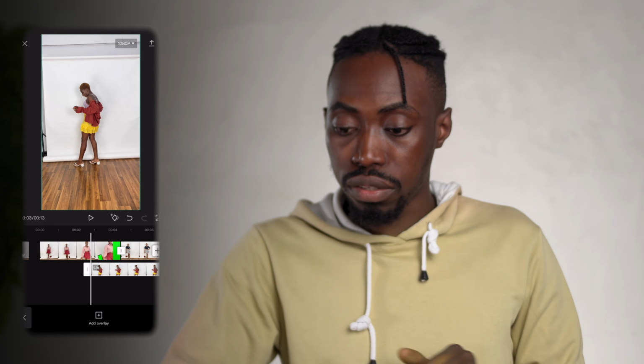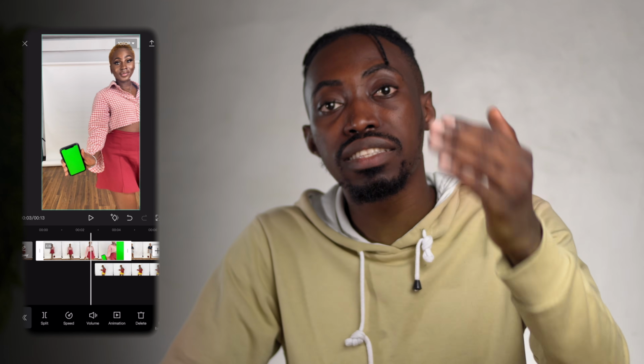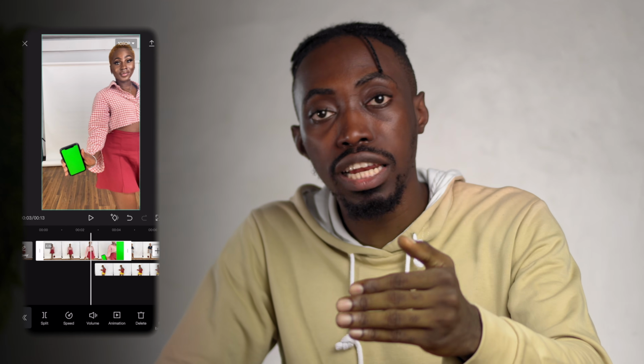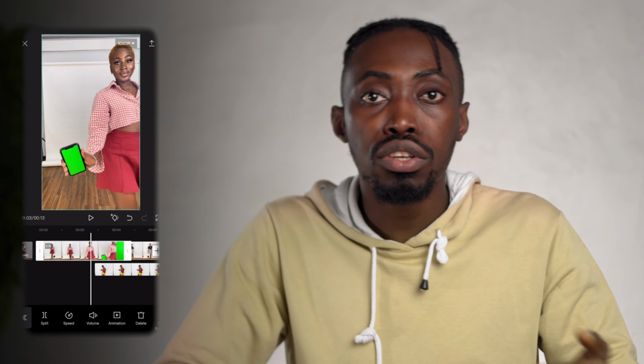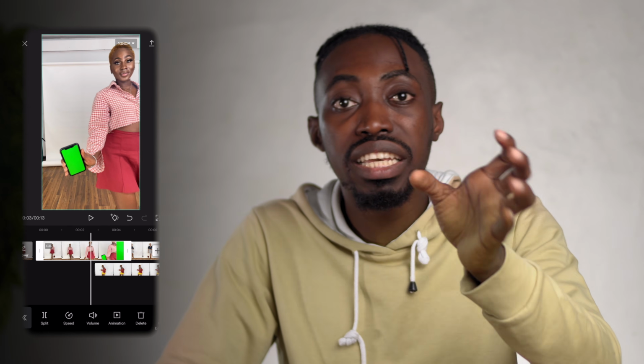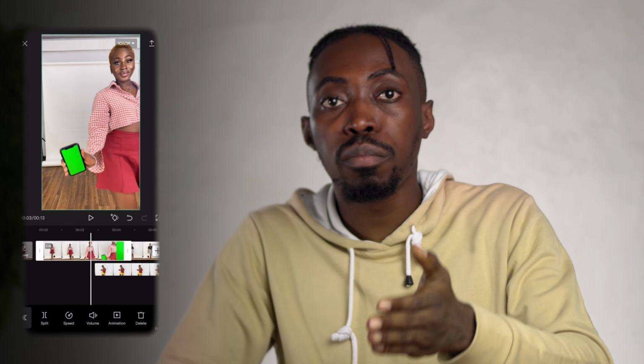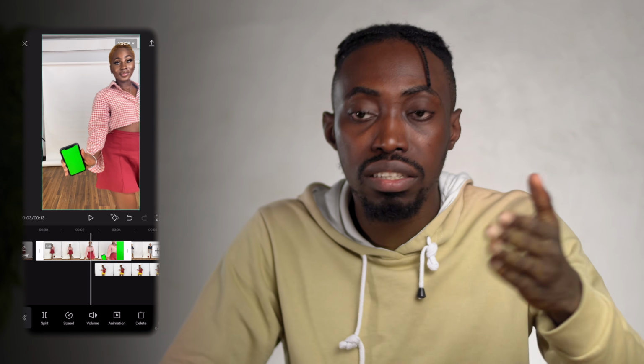That's very good. It's perfect now. So what we do now, I want the second clip to go under the first clip, so that when you are bringing your green screen to it, it will have keyed the green screen out of the footage.